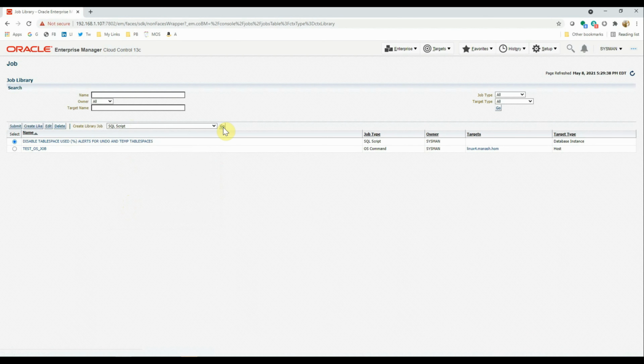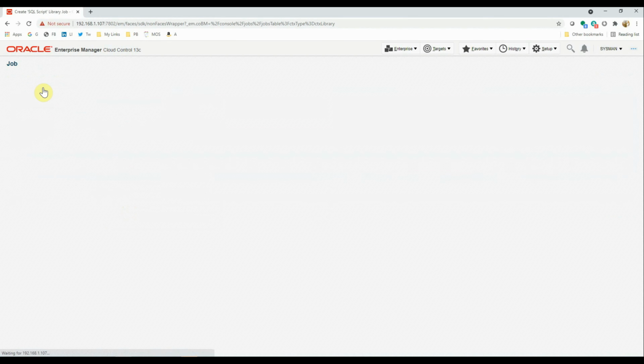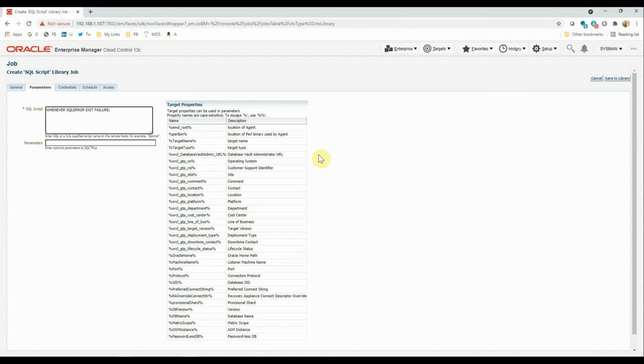Click go, put a name, say simple test job, no automatic attempts, target type will be database instance, will not select any targets yet. The properties in the parameters will specify the create table as select statement,